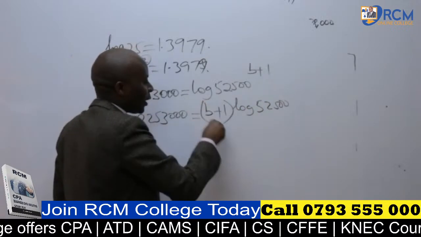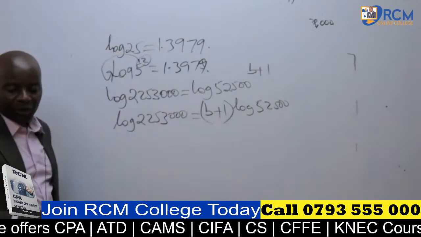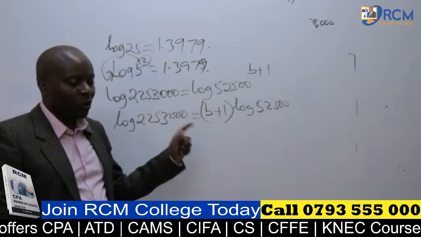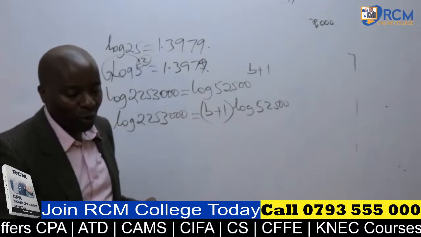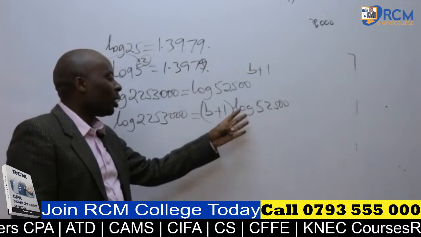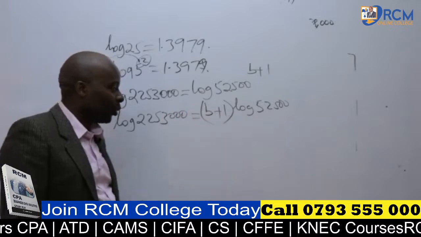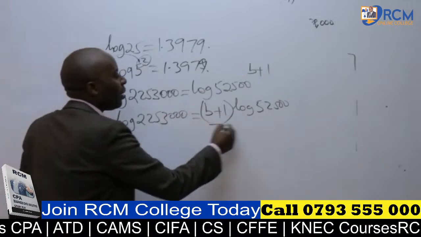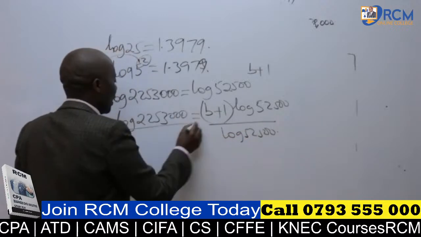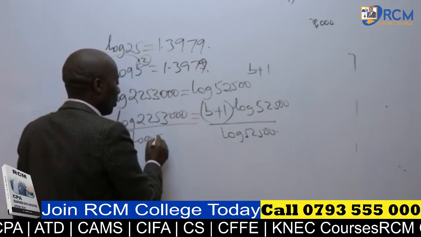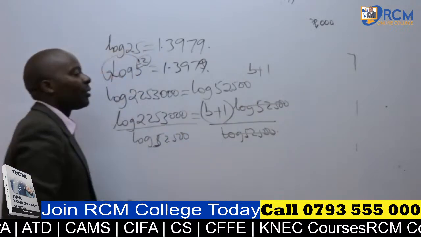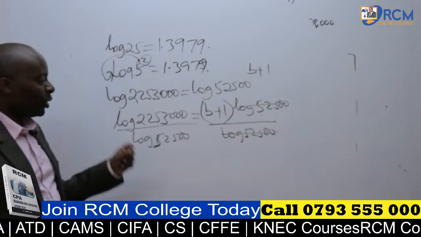So remember, because these are 2 terms, you have to put them in brackets. And then at the end of the day, what we want you to do is to give us the value of b. There are many ways of doing this. You can decide to open up brackets, but I'll not take that approach. What I'll do is to divide both sides by log 52,500. So this and this goes away,